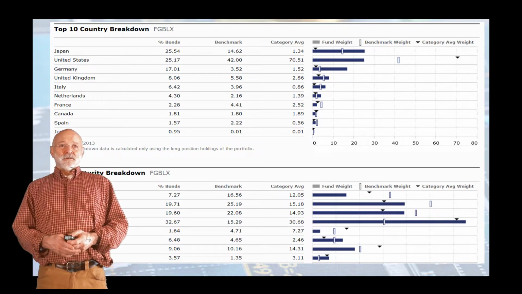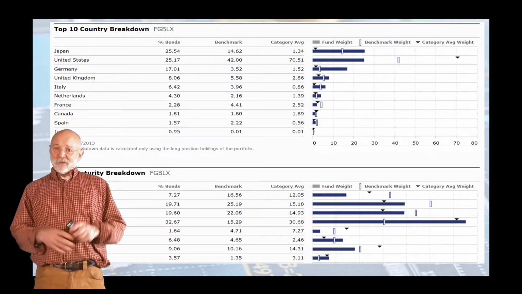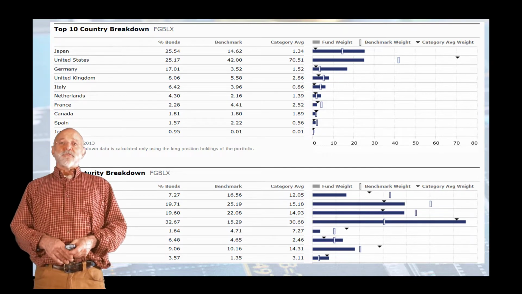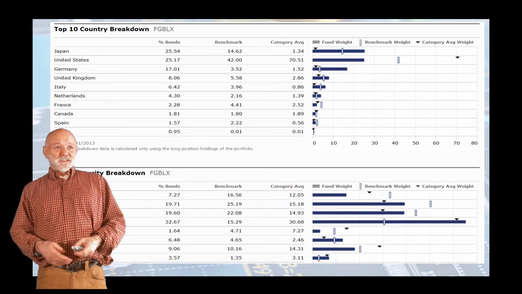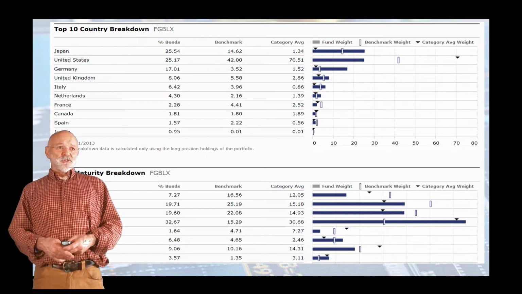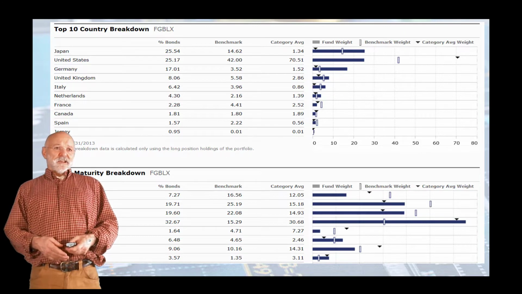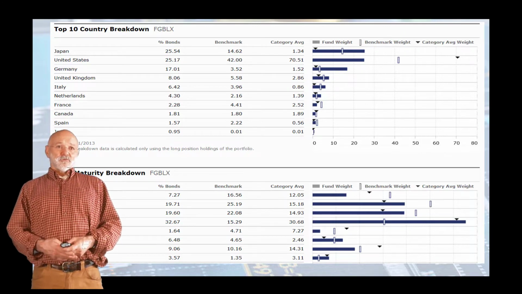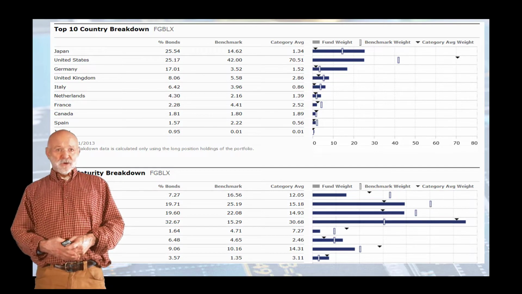They are significantly above the category average. So if you believe that Japan was going to outperform, this particular fund would be attractive to you. You can see they're underweight on the United States. They're a little bit overweight also on Germany and the UK. Overweight on Italy. Right at weight on Canada compared to the benchmark, and in most cases compared to the category